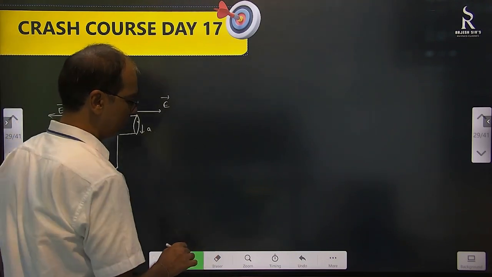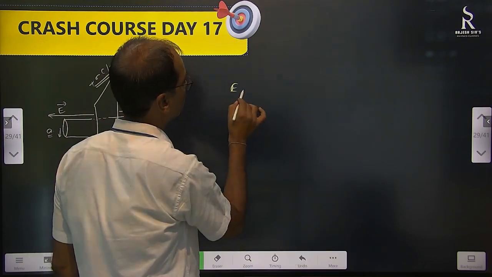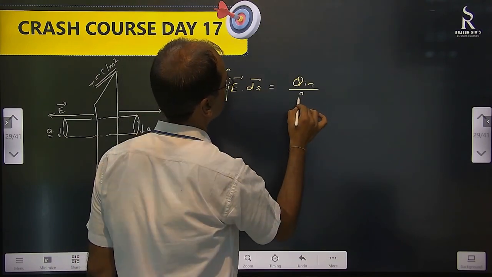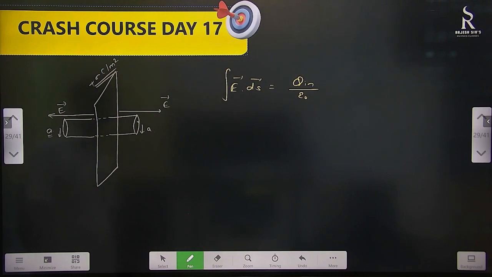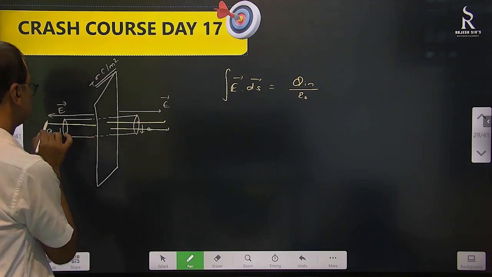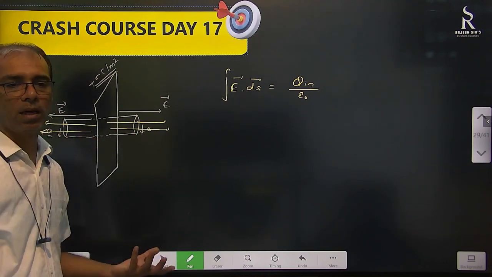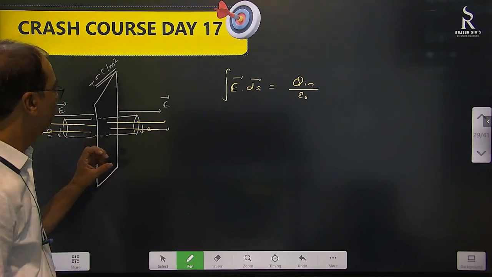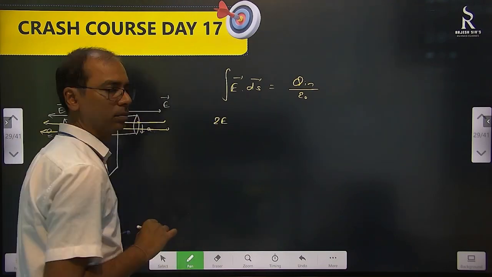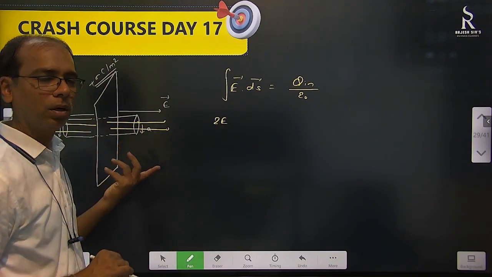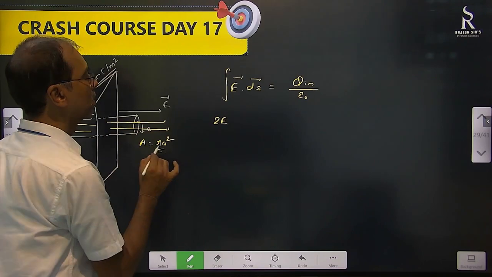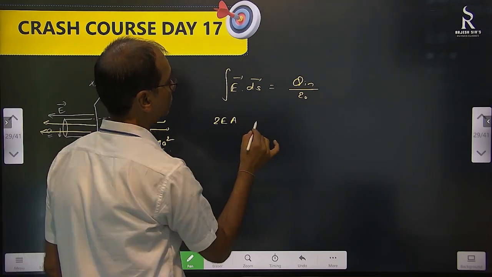Okay, fine. What to do? Gauss law we have to apply. So Gauss law says E dot ds equal to charge inside by epsilon naught. The electric field we are finding. What is ds here? The electric field is like this, outward, like this. So which area is along the direction of the electric field? This plane area and this plane area. So only that we will write. So 2E into this area, pi A square you can write, or A itself you can write. Okay, let it be A. So 2E into A equal to Q inside.